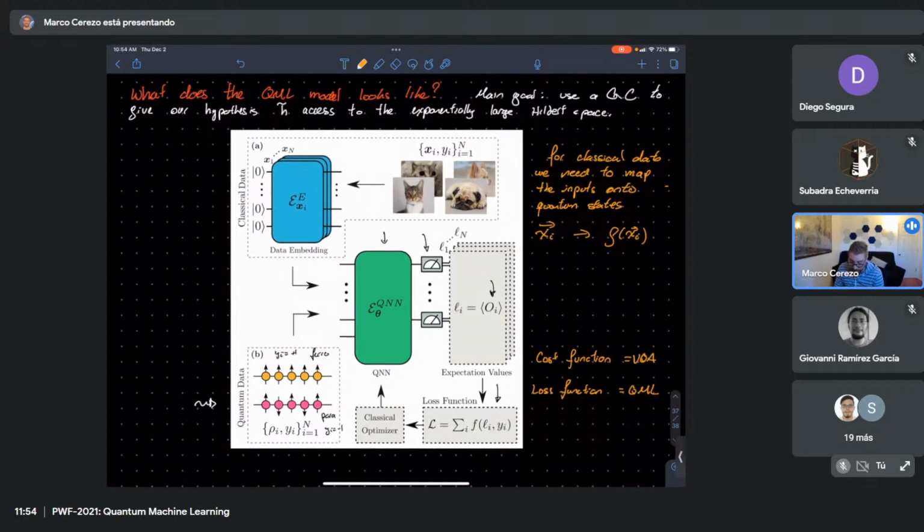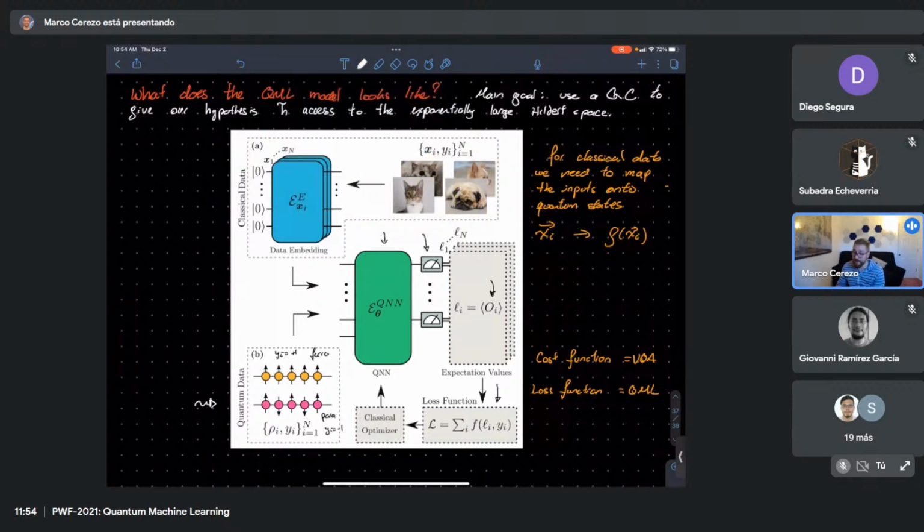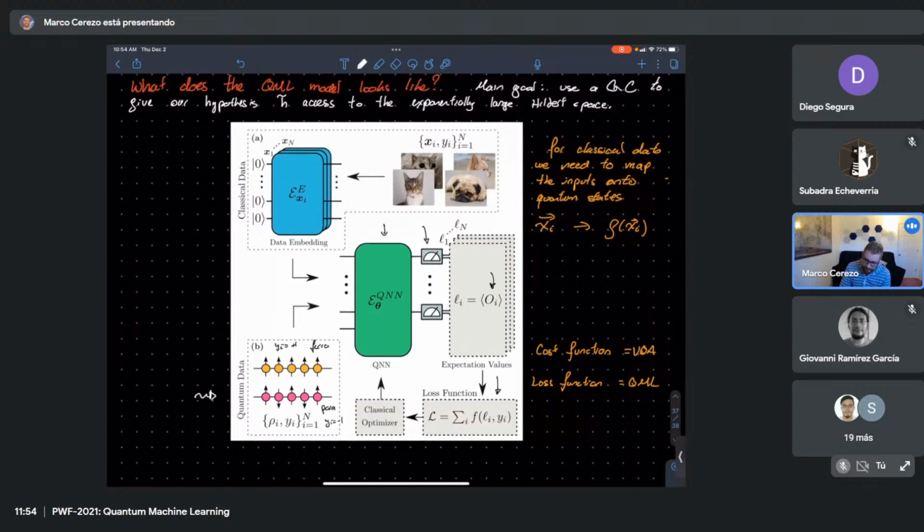Whenever we have data, so QML has data, then it's a loss function. VQA does not have data, then it's a cost function. And then once we have this loss function, we're going to try to optimize it. And usually this means using a classical optimizer to get a new set of parameters that we're going to throw into our QNN. So if you just look at the right-hand side of this picture,